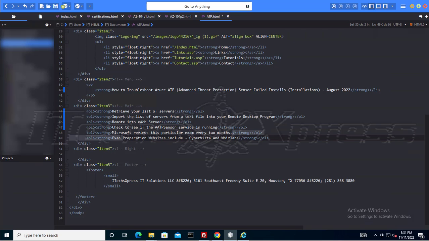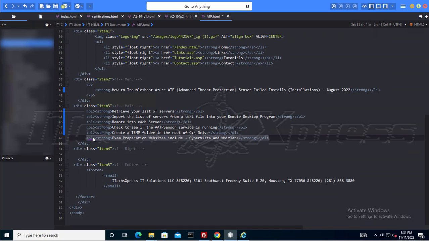Then you want to create a temp folder in the root of the C drive, the root of C, and inside that folder,